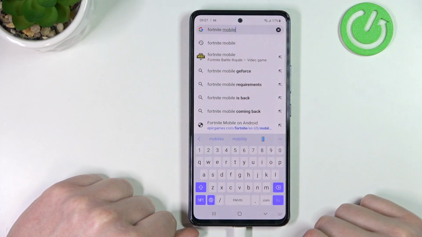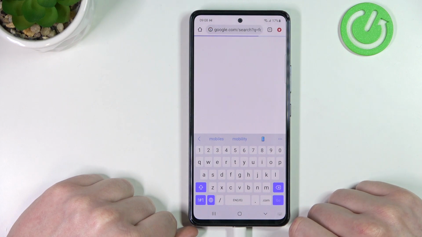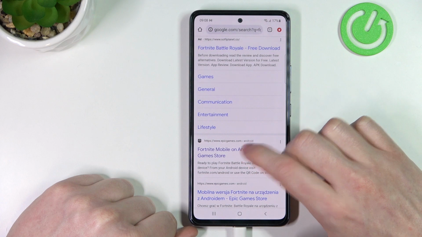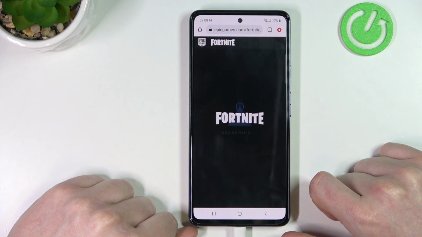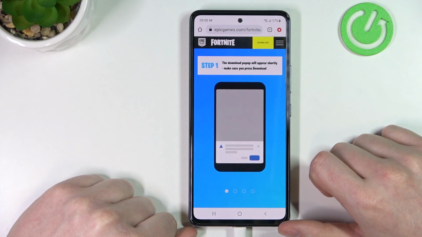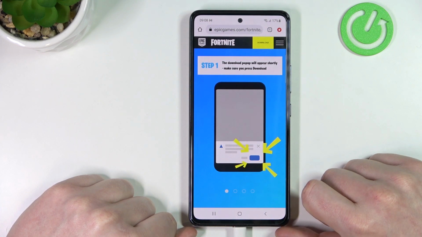It needs to look like this, and now press go. From here, go to this link right here and click on the Get It on Epic Games app. Now download,